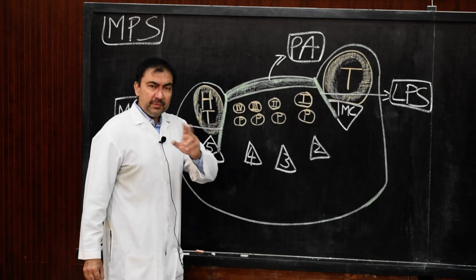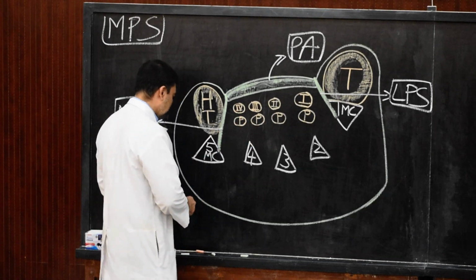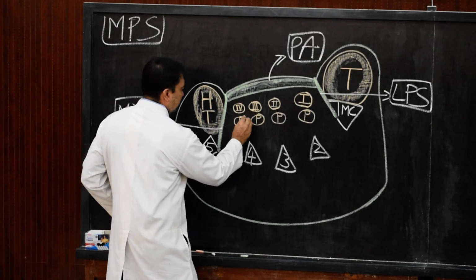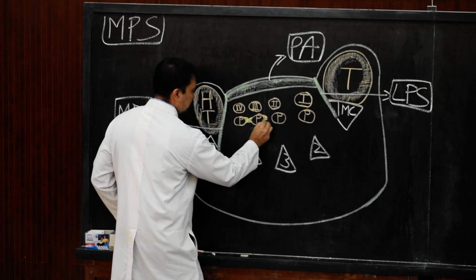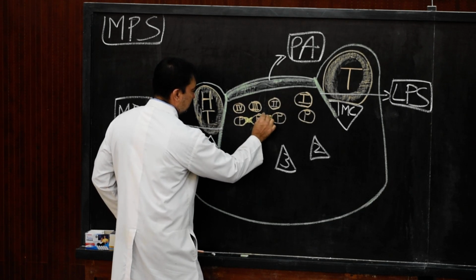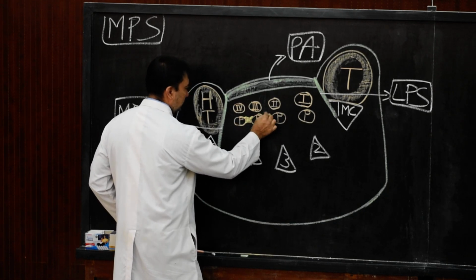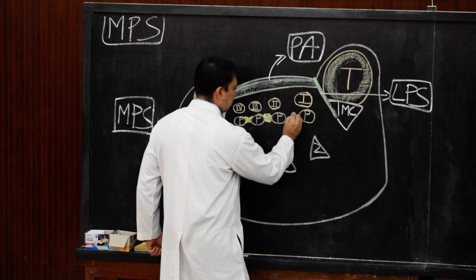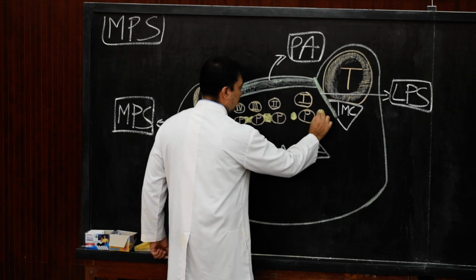Now, in between these profundus tendons, we show the lumbricals. So the lumbricals will be here. If I use this yellow color, the third and fourth lumbricals are bipinnate. So this will be the fourth. This will be the third lumbrical. Since they are bipinnate, these are the lumbricals, third and fourth. And then second and first, they will be unipinnate. So here we show second lumbrical, and here we show first lumbrical.